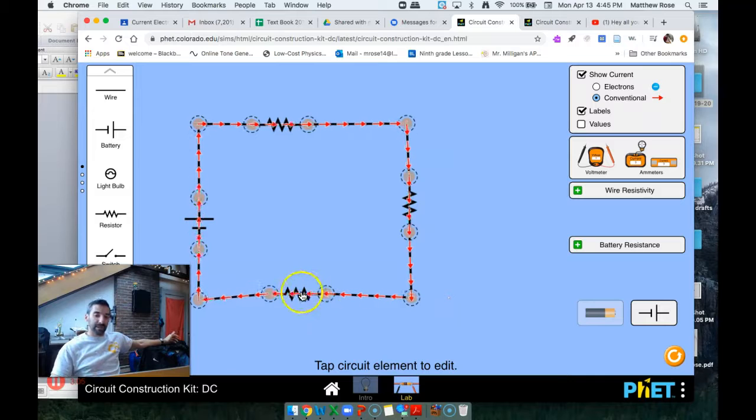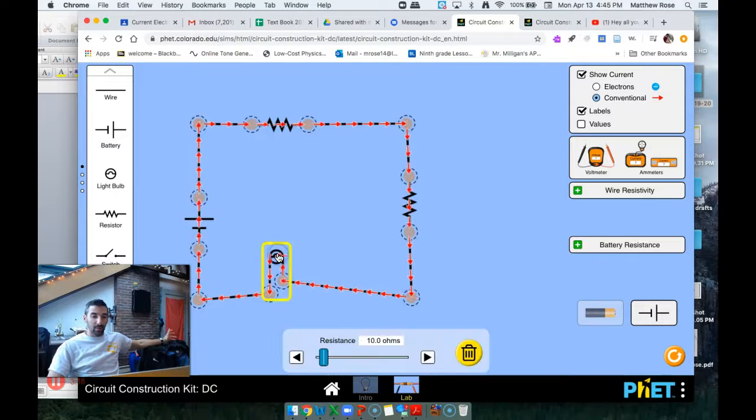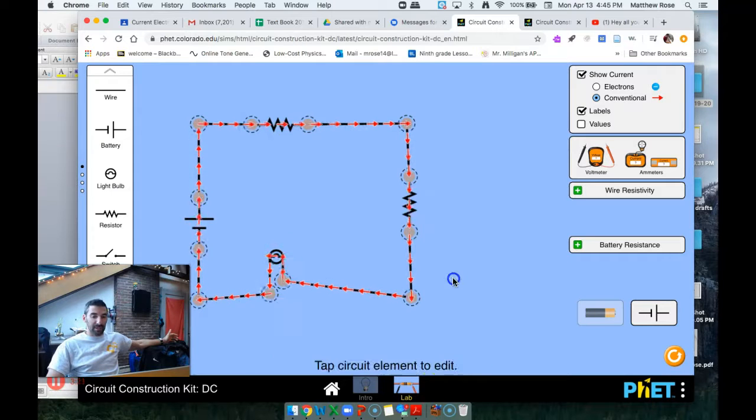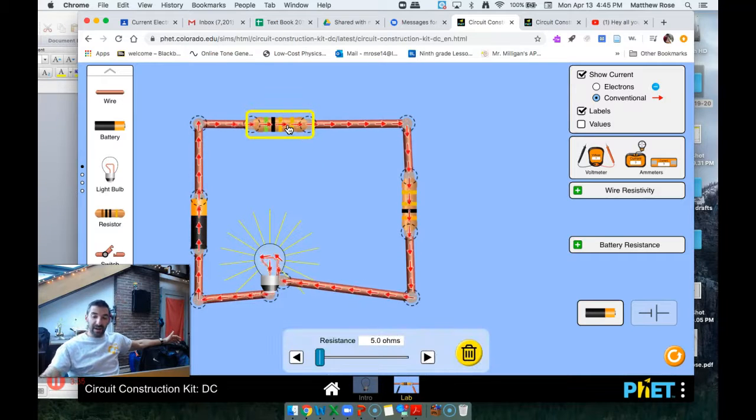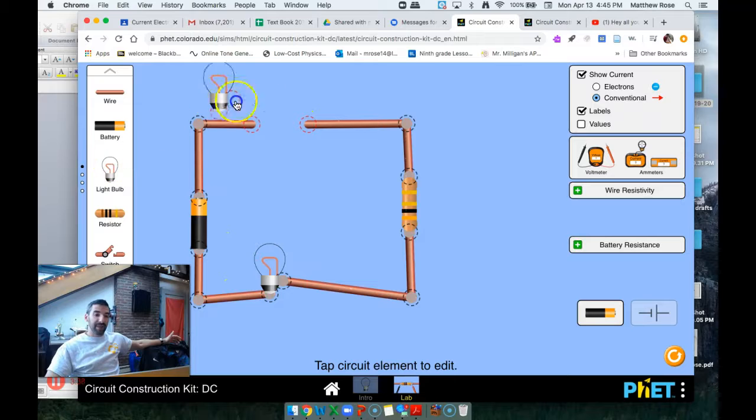Now I want to show you something. If for whatever reason I don't want to use a resistor, but I want to use a light bulb, I can do that, and the light bulb will function exactly the same way. I bring that back down to 4 ohms because a light bulb is just a special resistor that lights up. And the only reason you'd want to do that is I can actually see something happening. So if I made all of my resistors light bulbs, I could see a difference happening, right? So this is a 5 ohm resistor. If I made it a 5 ohm light bulb,